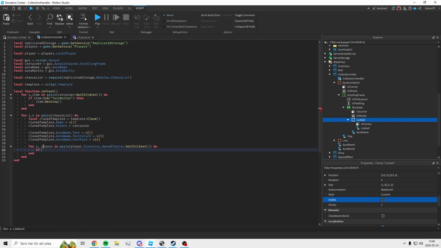Do if chance of name equals new template or clone template of name, then if chance of value equals to false, then